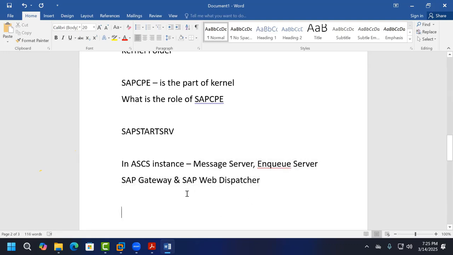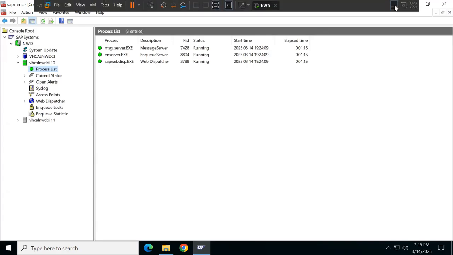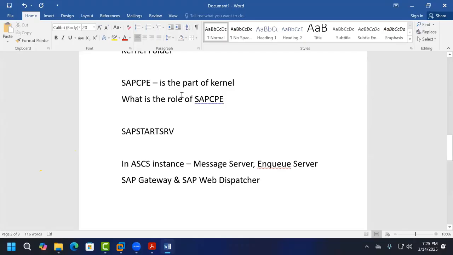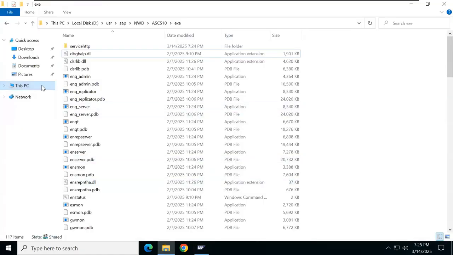Now here, when I start the ACS instance, yellow is there. They're telling SAP CP executable copy. So what is SAP CP doing? I already told what SAP CP is. It is one of the files in the kernel. When starting the ACS instance, what are they doing with the executable copy? Now if we go to,